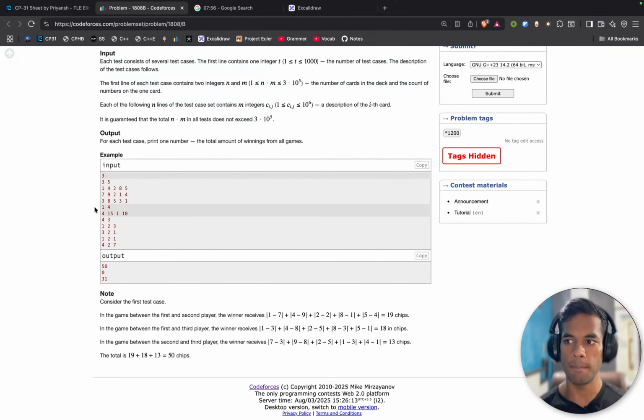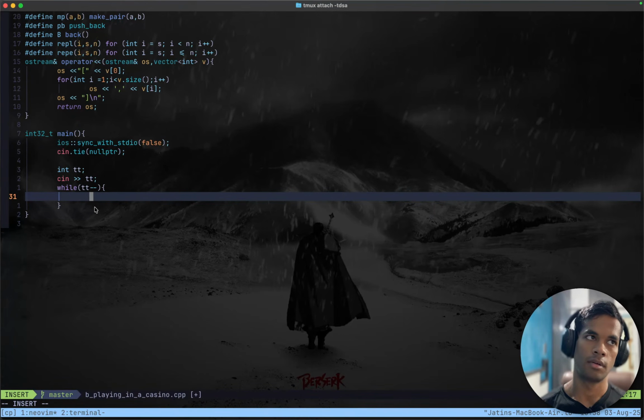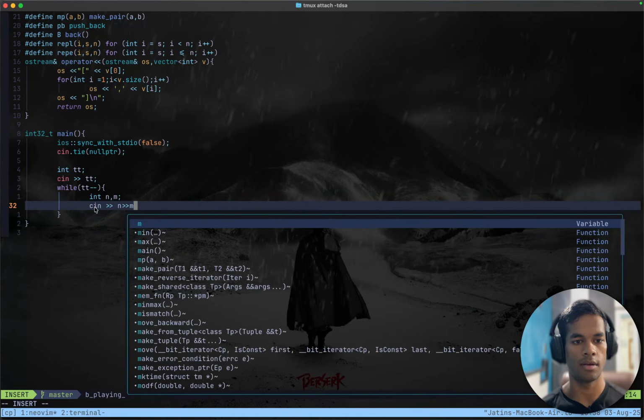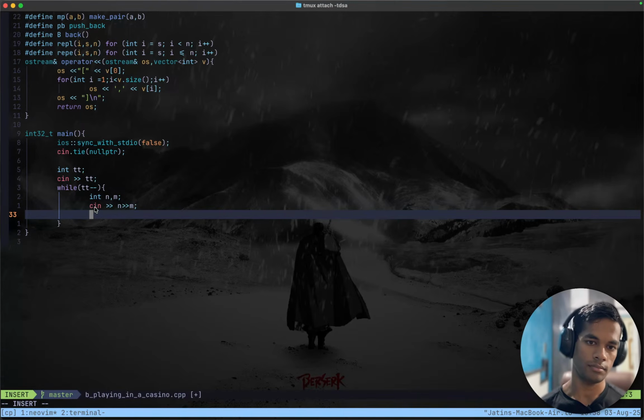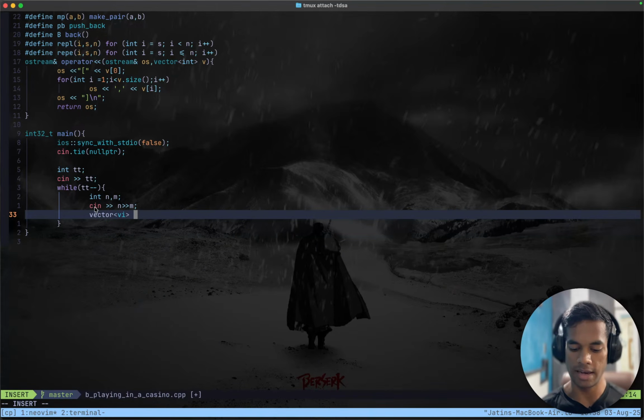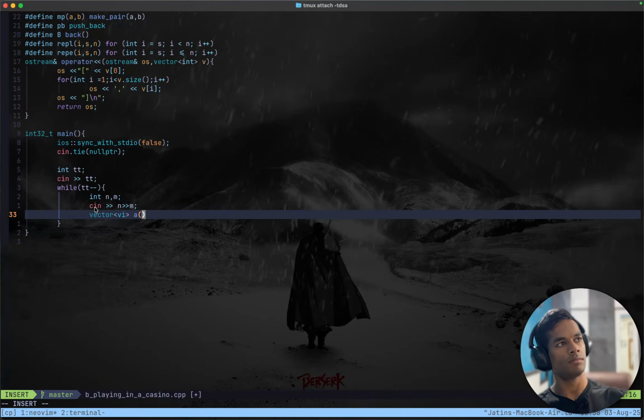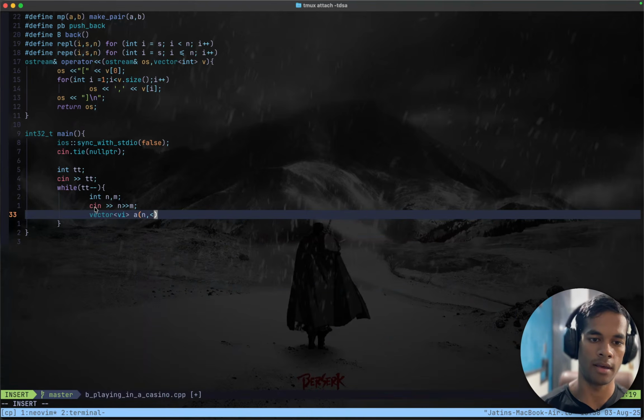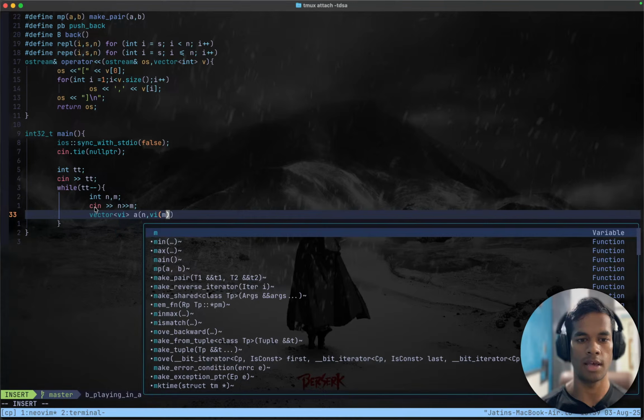N and M and, shit, I would need an n by m array, in n m, vector of vector array called a of size n by vi size m,